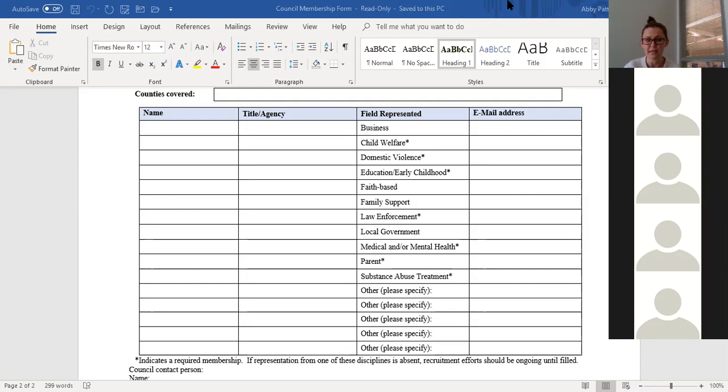Conversely, if there's a council in the picture, but the contract is directly between DHS and a provider, the provider becomes the responsible party for that contract. They can still work with a council. If there's a training webinar that is maybe most appropriate for somebody from the council to attend, as long as that's getting completed, it's the responsibility of whoever's listed on the contract. But it's really up to that local group to decide what works best for them to make sure things get done.